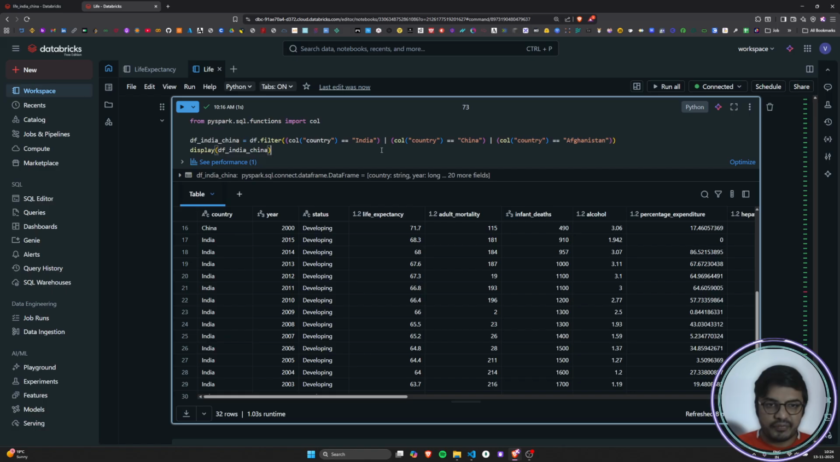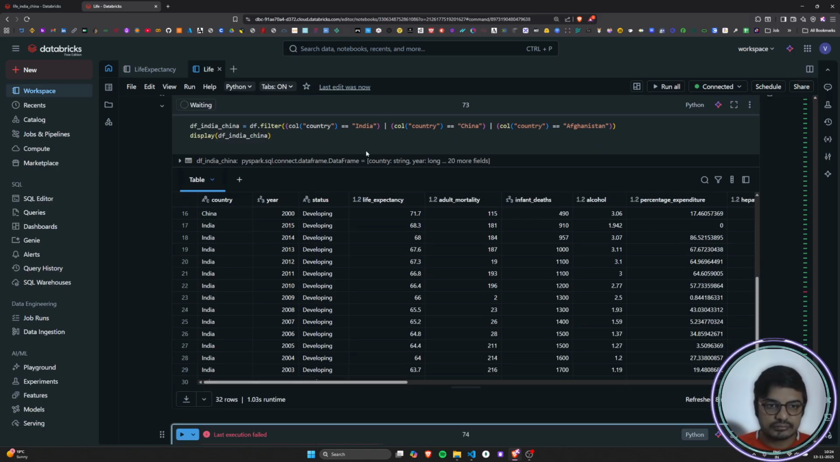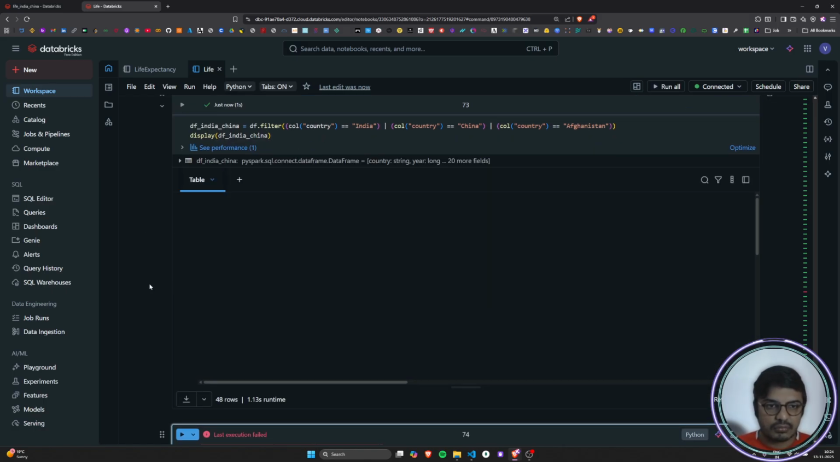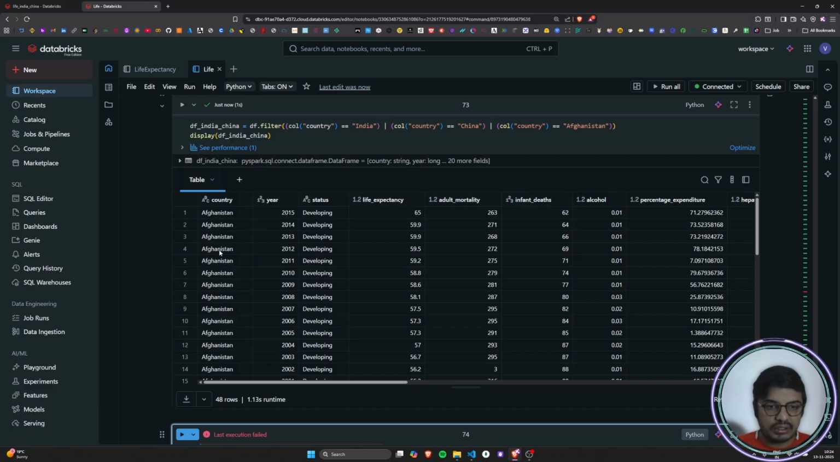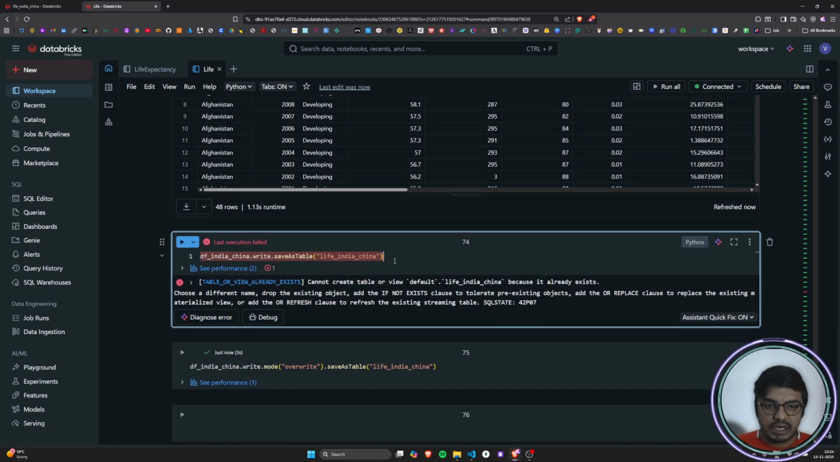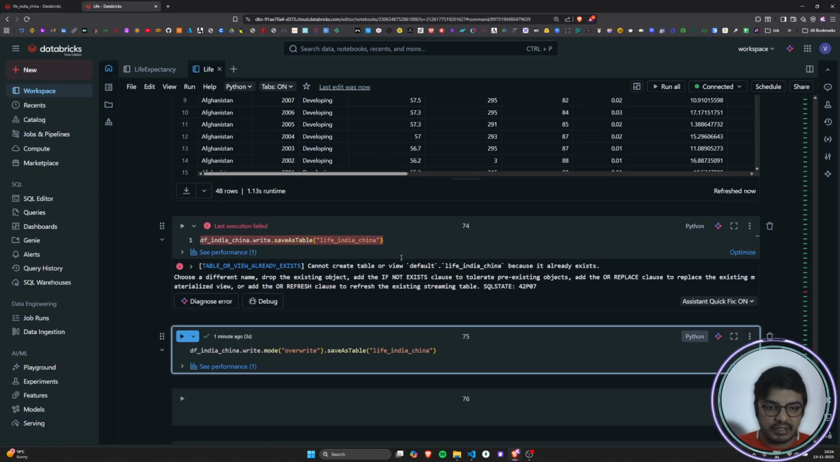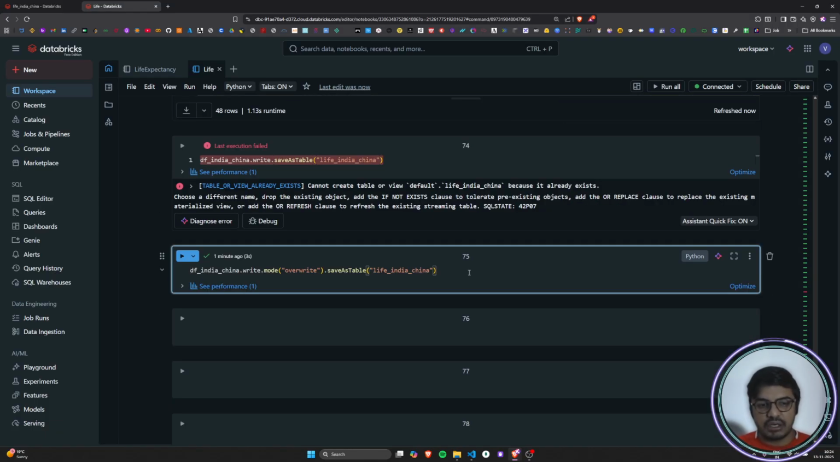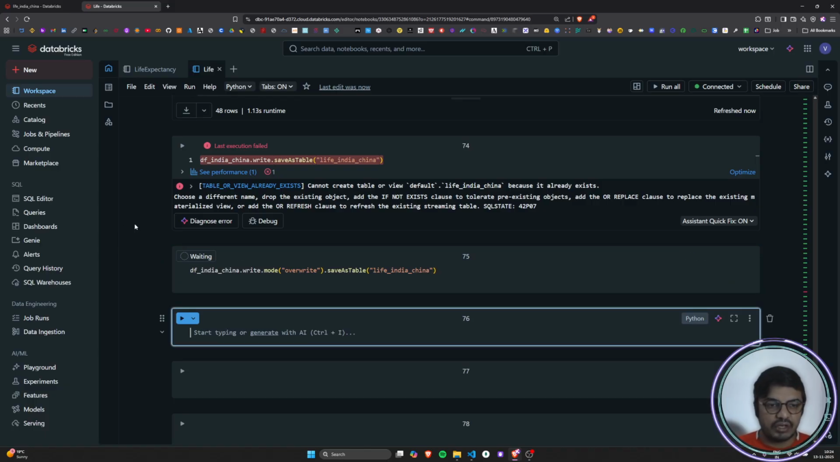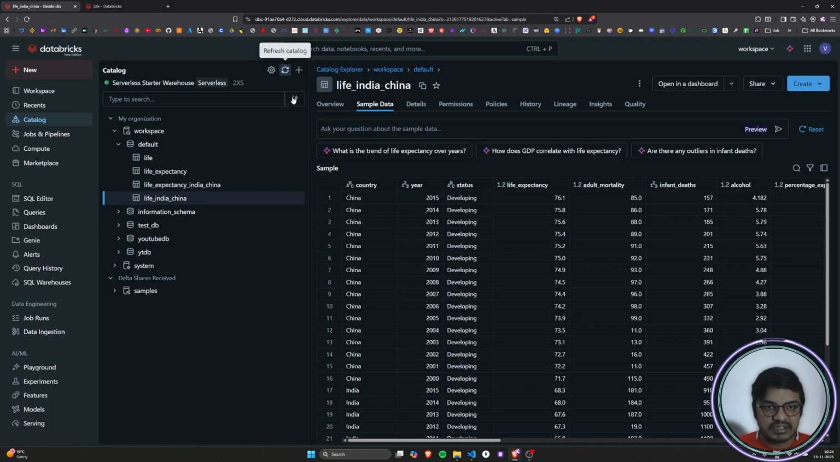Okay, and now if I run this particular cell again, you can see now the Afghanistan has also been appended to my data frame, right? As a row, it has been appended into my data frame. Now if I'm going to run this particular cell again, for sure I'm going to get an error, right? But now if I run this particular overwrite mode, right, and if I'm going to run this particular cell, let's see what happens. So this cell got ran successfully, and now if I refresh this particular page,